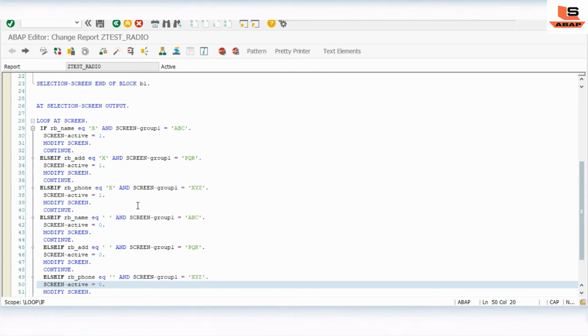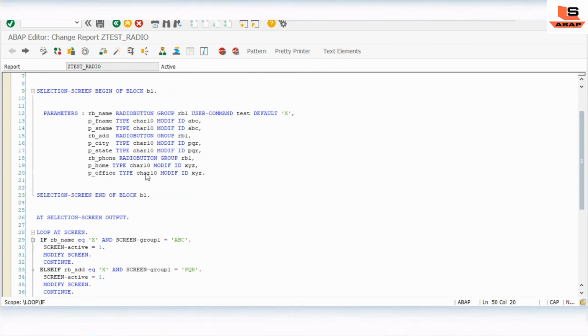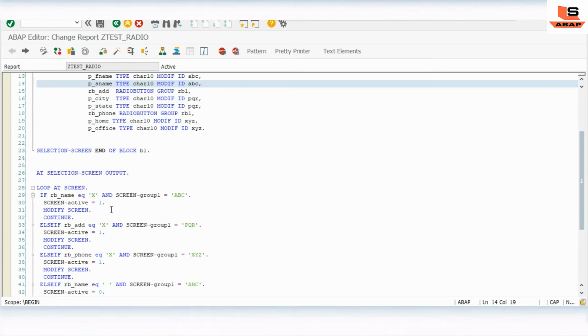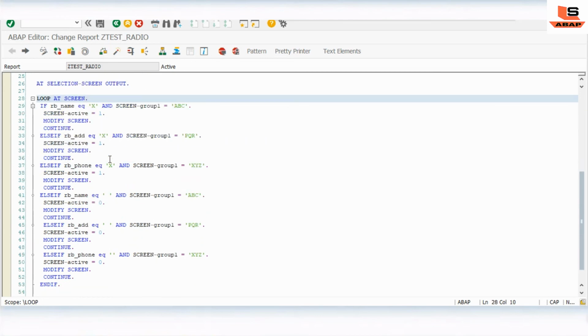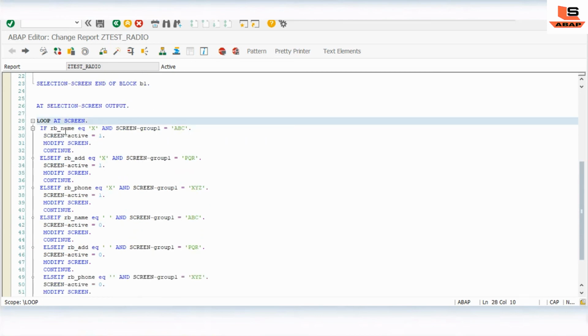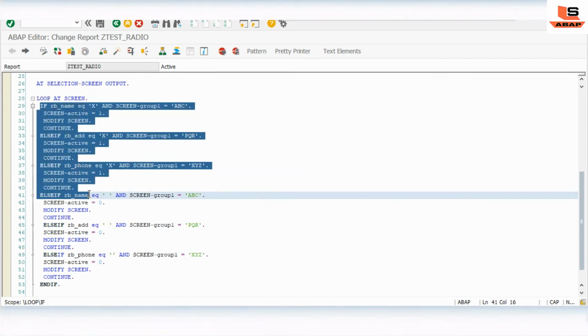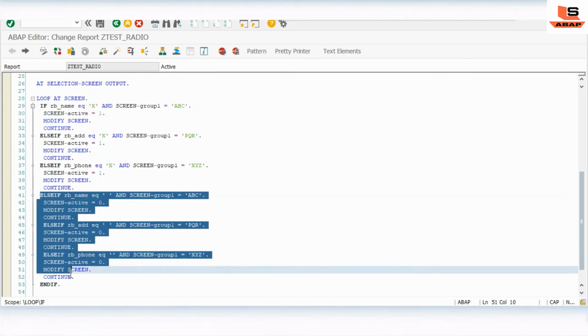I will repeat what I have done in this program. We defined the three radio buttons and the parameters for these three radio buttons, and here we are looping over the screen. The first three parts are for display and the second part is for hide.